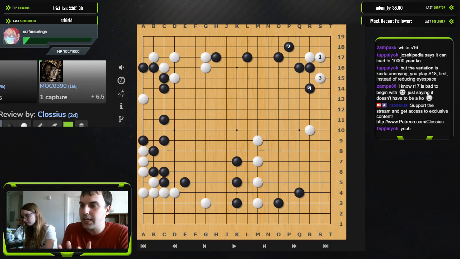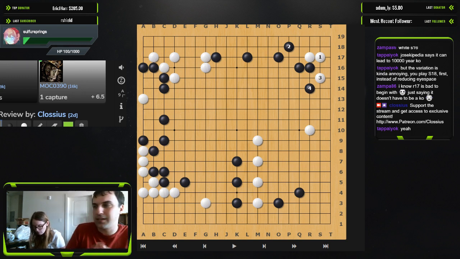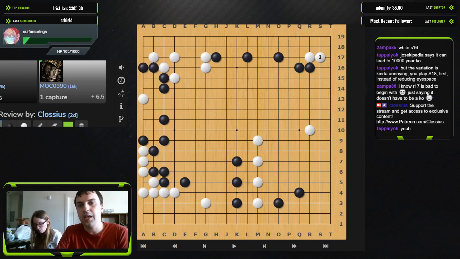So your exchange gave you a bigger deficit than what you had when you started. So in other words, yes, you may be right, but it's still not a good idea. Hopefully that explanation kind of made sense. And so